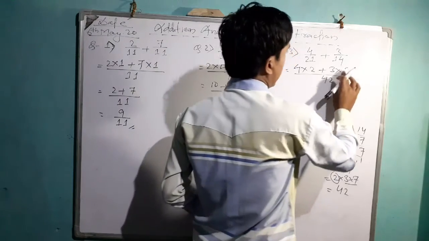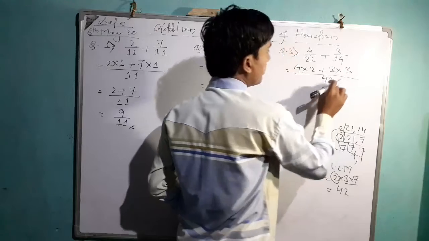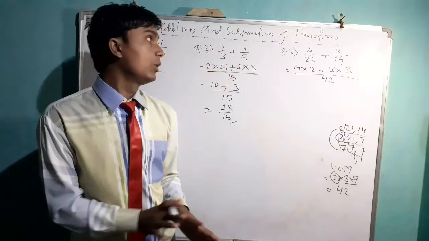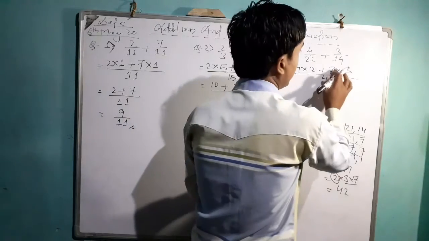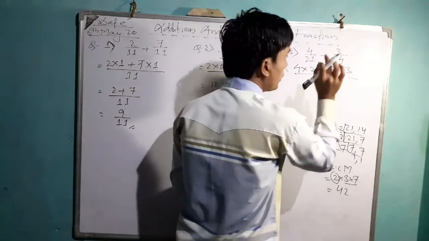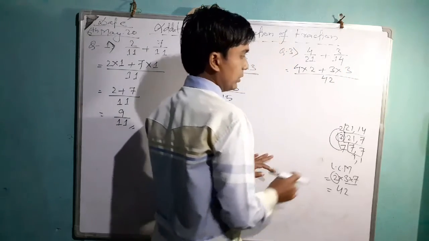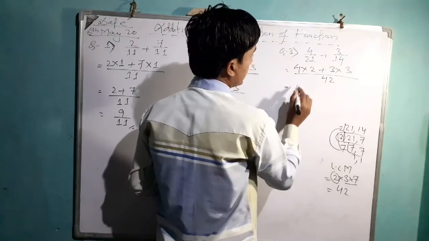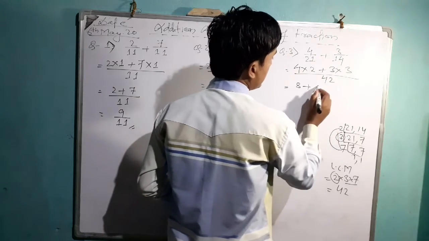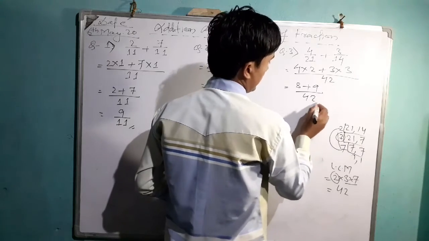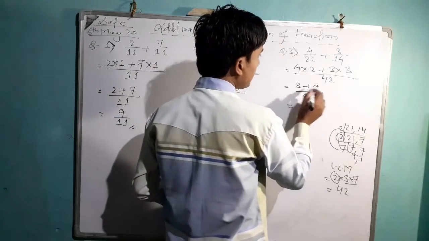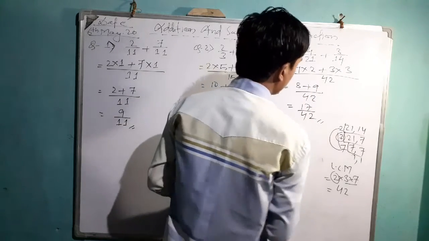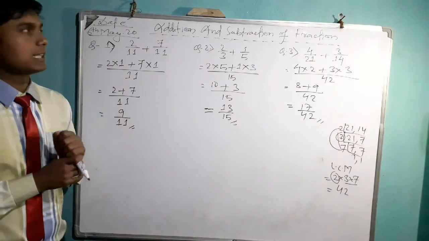It means we understand 14 3s are 42. So if you don't know the table, you don't have to worry. You need not worry about the table. This 3 here into 14 how many is 42? 14 3s are 42. That 3 we can get from here. 7 2s are 14, 3 left. That 3 we write here. Now 4 2s are 8 plus 3 3s are 9 by this 42 as it is. Now 8 plus 9 is 17. 17 by 42. So these are the parts of the additions.